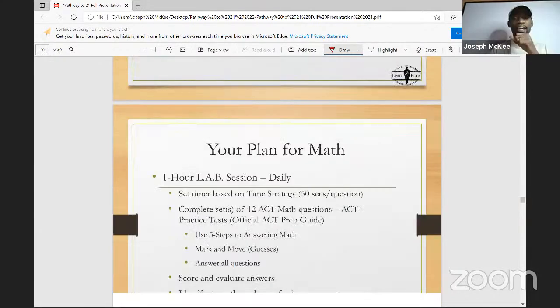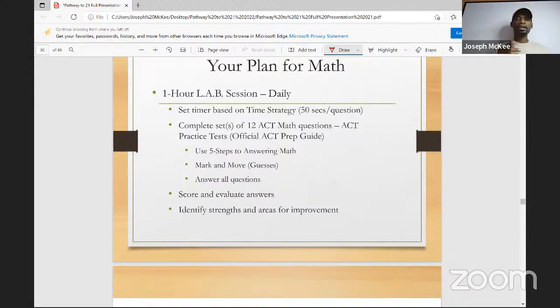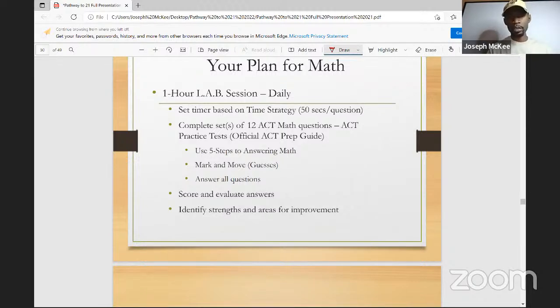So how do you do this on a daily basis? Again, dedicate 1 hour to your math prep. You want to set your timer based on the timing strategy. So again, you're going to set 10 minutes to answer 12 math problems. Initially, you may start out by just setting your timer to 50 seconds to make sure you can get comfortable doing one problem. And the more comfortable you get, then you want to move up and say, let me do a set of 12. In doing your set of 12, make sure you use the 5 steps to answer the